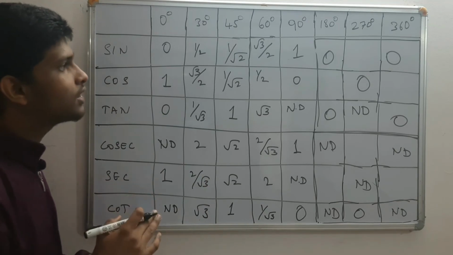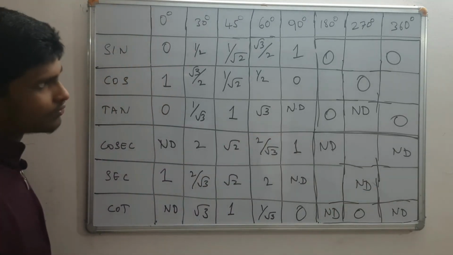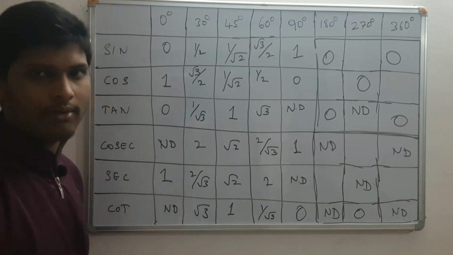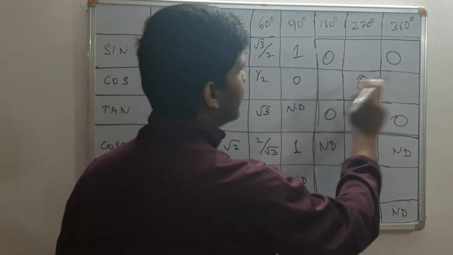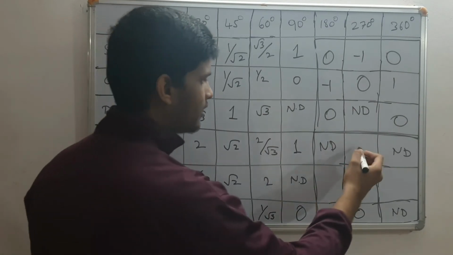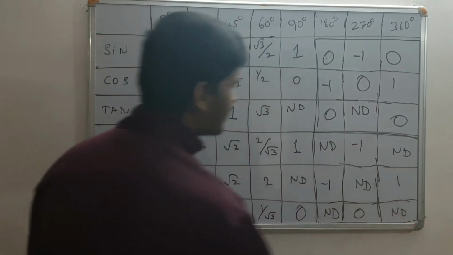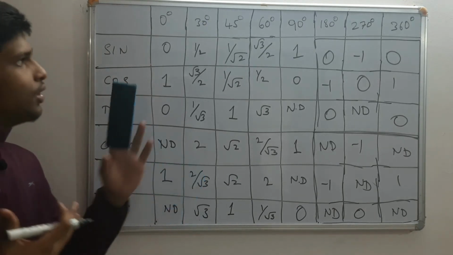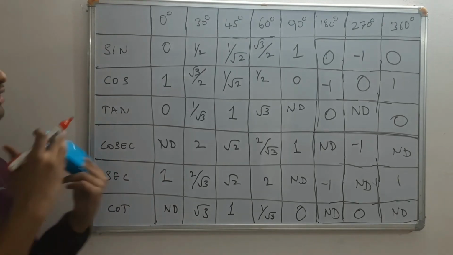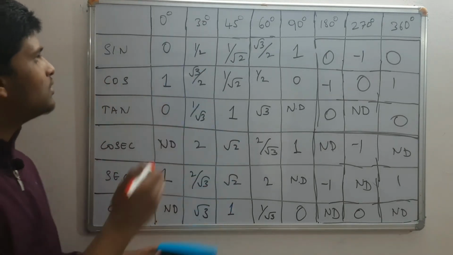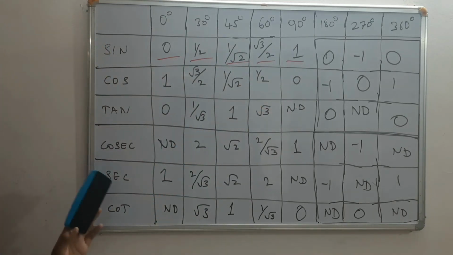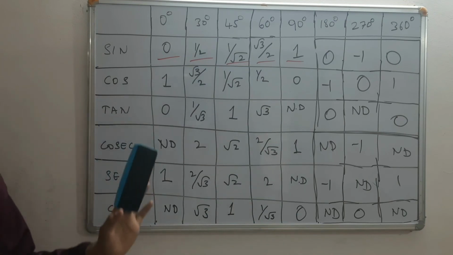After writing this much, you just remember a sequence like minus 1, minus 1, 1. So you should fill these 3 boxes with those: minus 1, minus 1, 1. Again here also minus 1, minus 1, 1. So the whole box is completed from 0 degree to 360 degree. So this trick is about remembering the whole table with only 5 values. If you know the sine values up to 90 degree, those 5 values, you can get all the values of other ratios of specific angles.